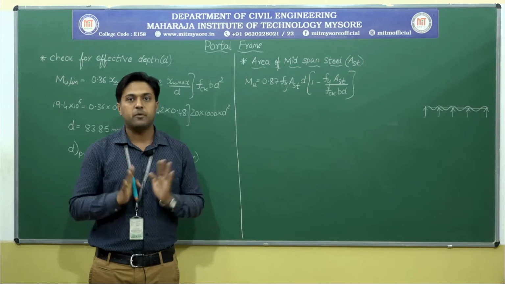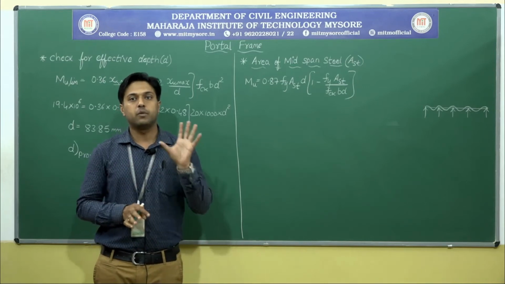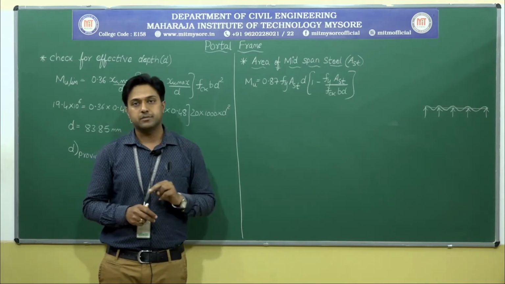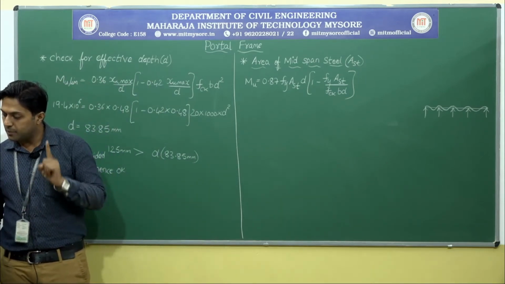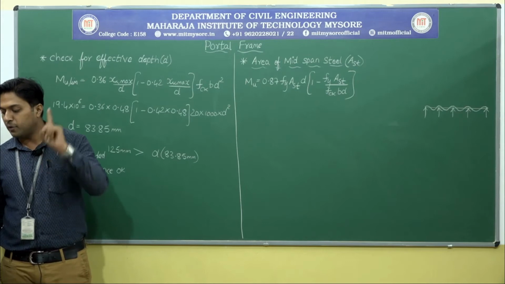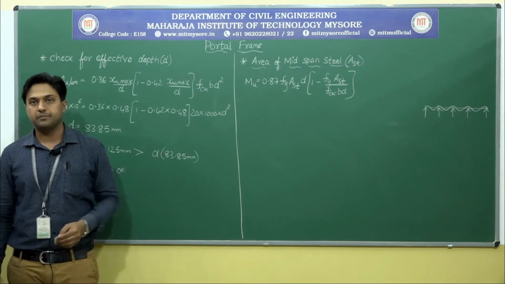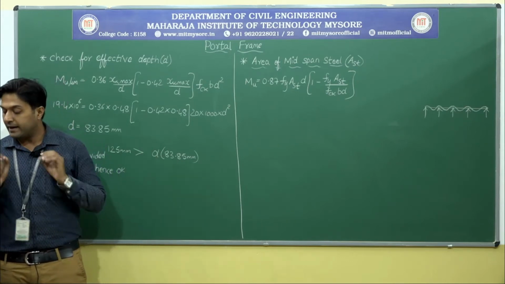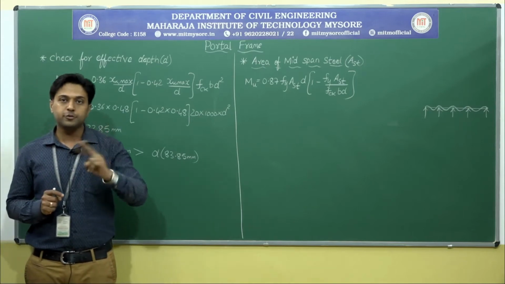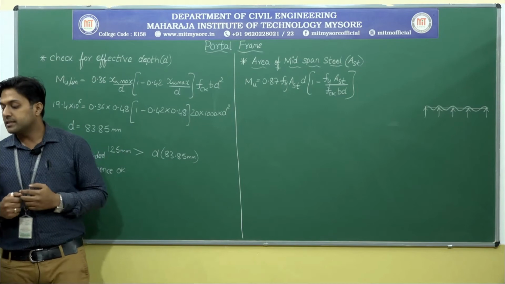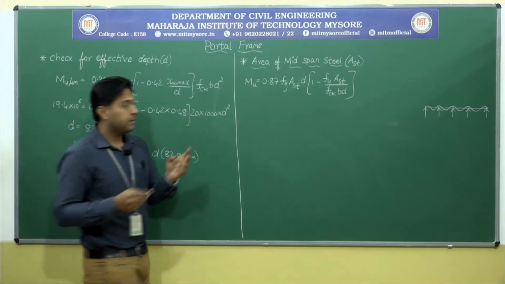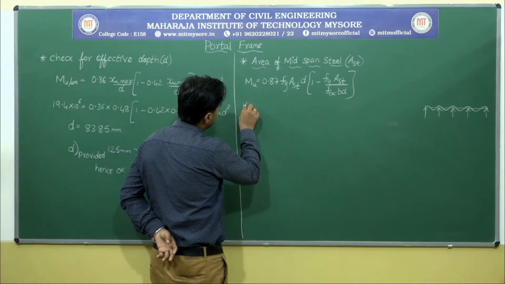So go with the span moments, that is the middle moment. We are having two values. What are those values for the middle one? It is 16.7 and 13.13. You can cross check it. Out of those two, let me go with the higher value. Which is the higher value? 16.7. So let me take this as 16.7.